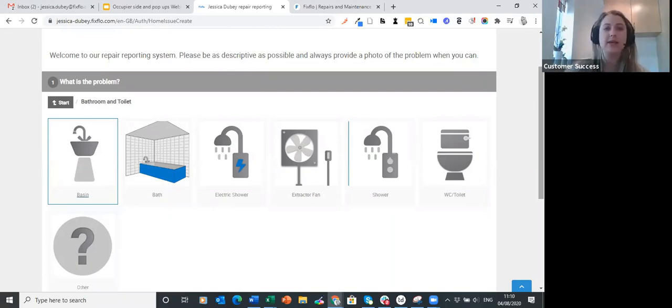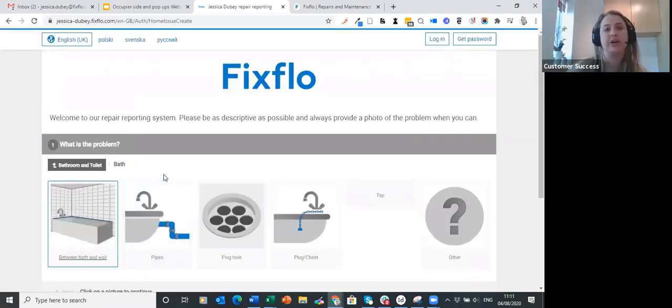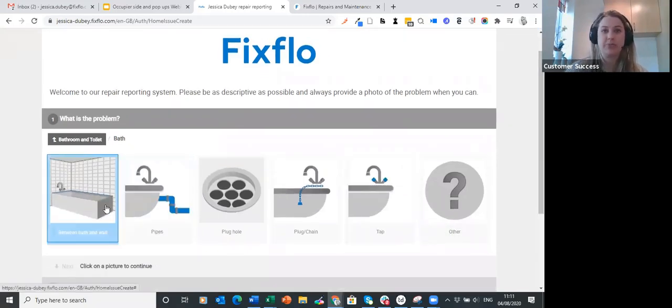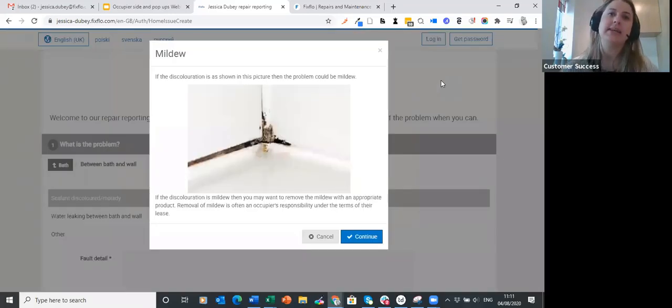So I may say here that it's in the bath. And again, now I can drill down further. So with this example, I may go to here between bath and wall. And I may say that the sealant is discolored or moldy, as that's what mildew is. When clicking on that, this is an example of some guidance and advice which we have up there,